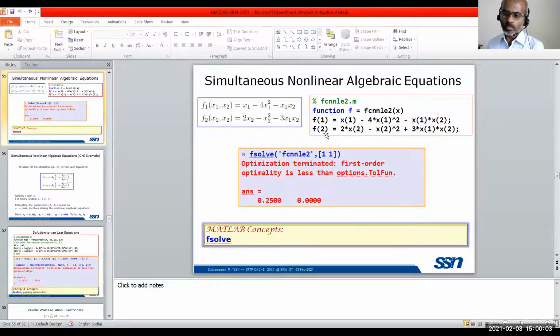Simply you can give a vector input. You can give the initial guess as a vector input. Here the vector is x1 is 1 and x2 is 1. In that way you can give the initial values for x1 and x2. You can make use of this fsolve. F0 is applicable only for a single equation, whereas fsolve is for one or many equations.